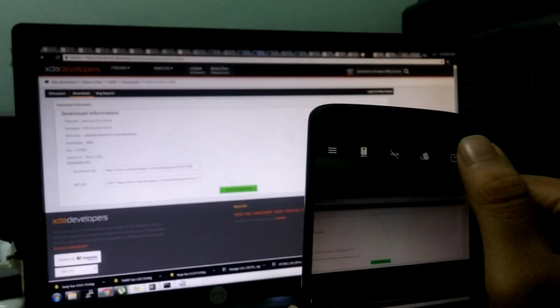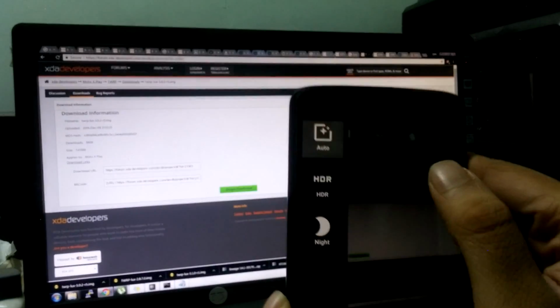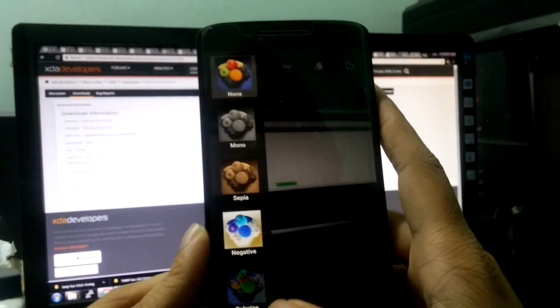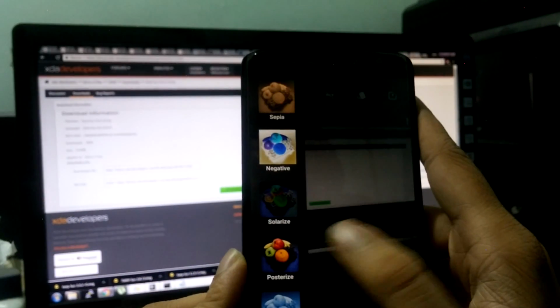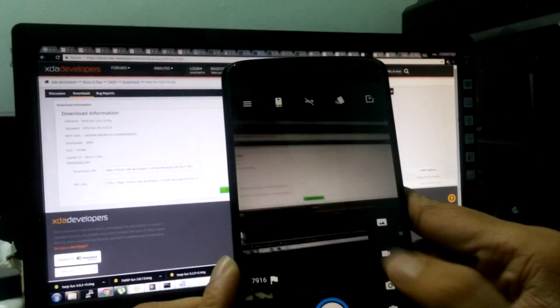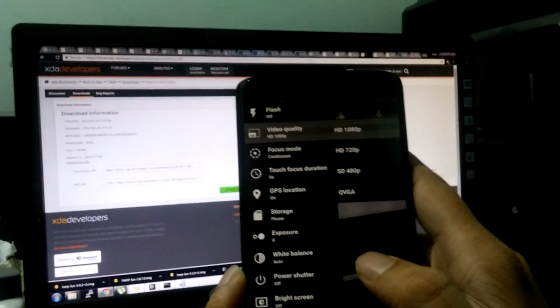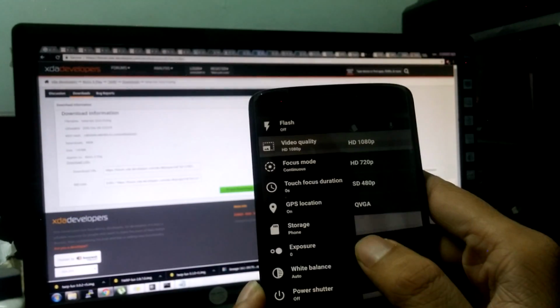There are also multiple effects like night mode, mono, sepia, solarize, posterize, aqua. Then there is HD, and then there is the front camera. The video by default, I think it is 1080p, which is the maximum, and you can take even lower